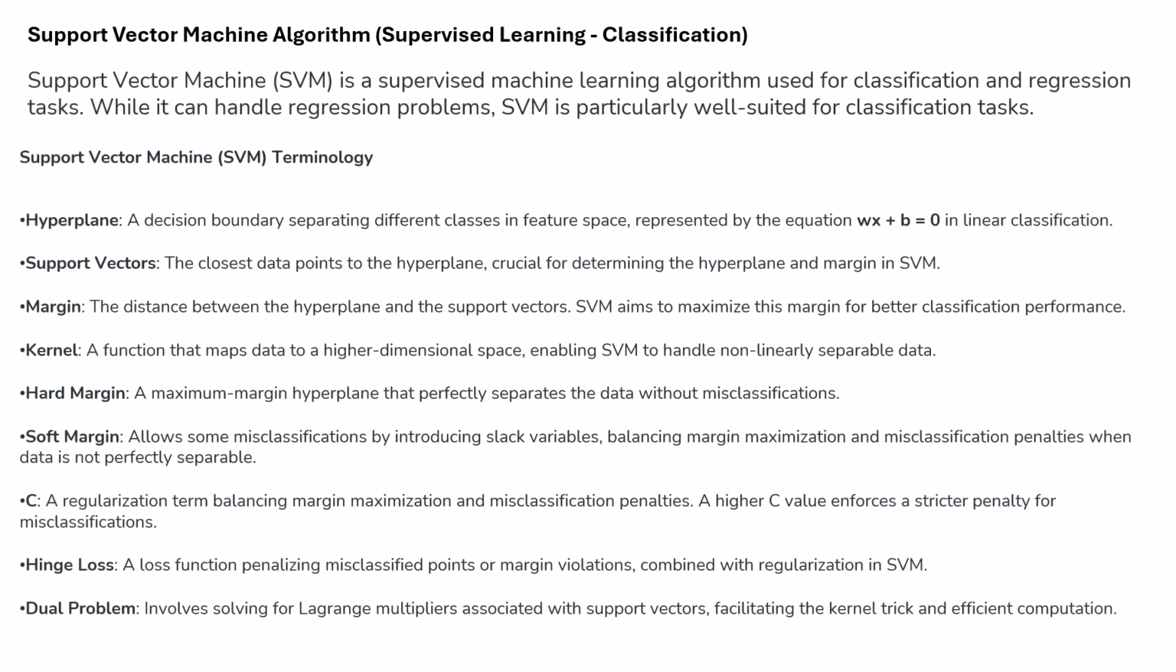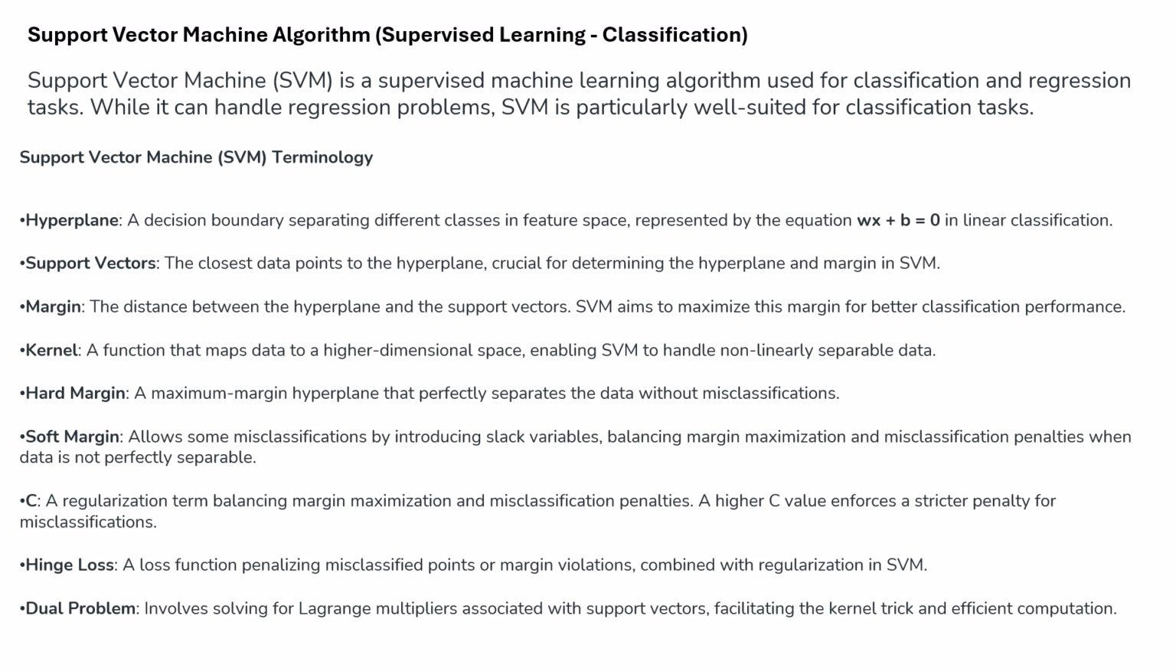Next, SVM, support vector machine, is a supervised learning classification algorithm, which is particularly well suited for classification tasks. The support vector machine terminologies are hyperplane, support vectors, margin, kernel, hard margin, soft margin, hinge loss, and dual problem. Hyperplane is a decision boundary separating different classes in feature space,